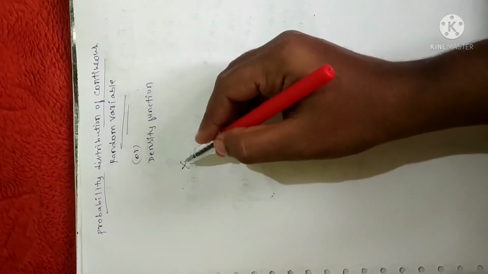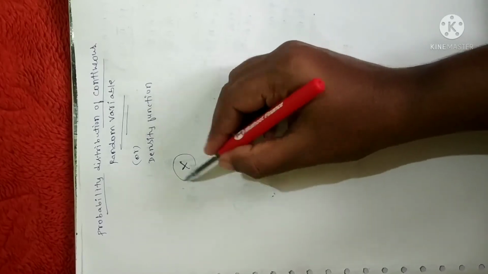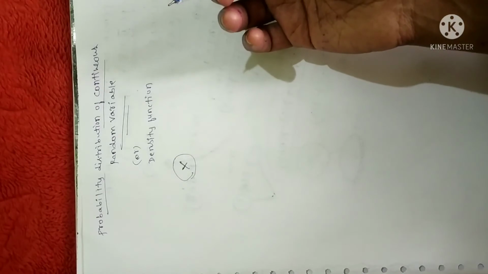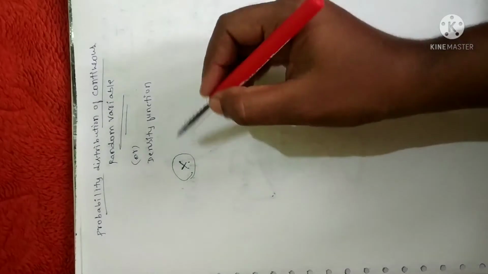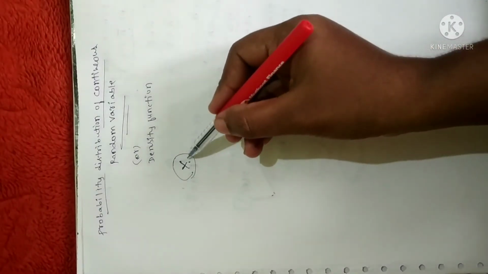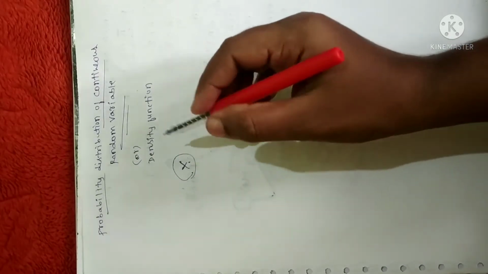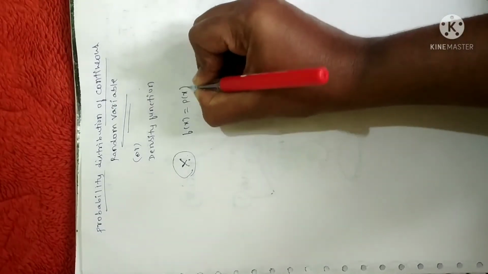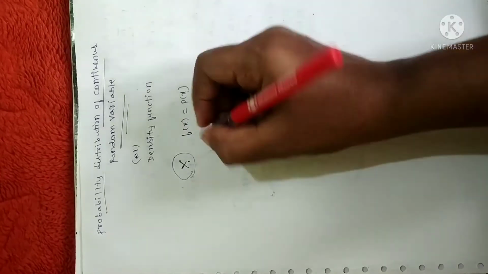Suppose you have a non-discrete random variable x. As I already told you, a discrete random variable contains only positive integer values. Continuous in the sense it should contain decimals as well, right? So if it is not discrete, it is continuous, that's all. If it is a non-discrete random variable, then we say this is continuous if its distribution function F of x is represented by some function p of x